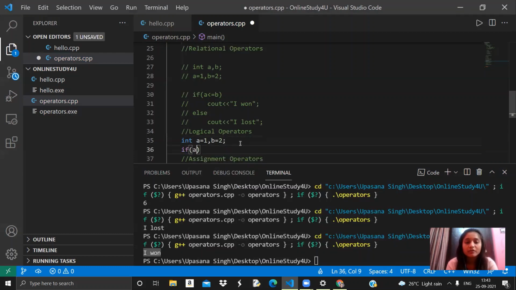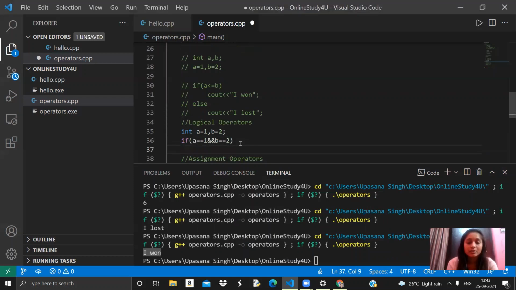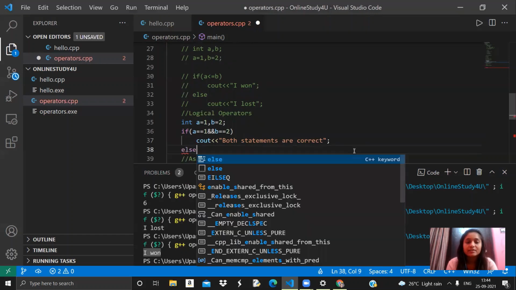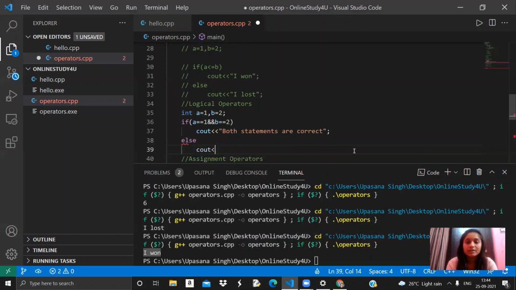Now I'll check if a equals to 1 and b equals to 2, then print that both statements are correct, right? Because I have used an and, it will only work when both the statements are correct. Else, if that is not the case, then print make both statements correct.